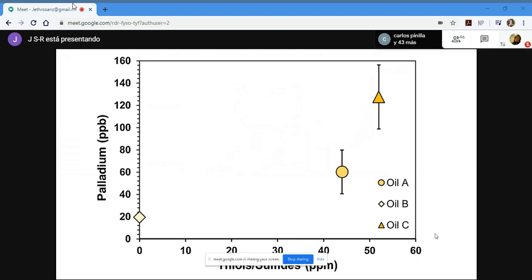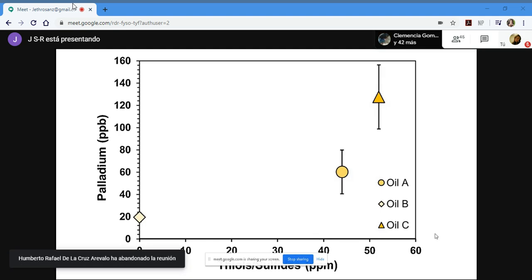For palladium, we can see that palladium concentrations increase as the thiol content of the oil increases. So the higher the thiol content of the oil, the more palladium that we are capable of dissolving in the oil. Our most palladium-rich oil was capable of dissolving as much as 128 parts per billion palladium, which again is considerably higher than the amount of palladium that you can dissolve in